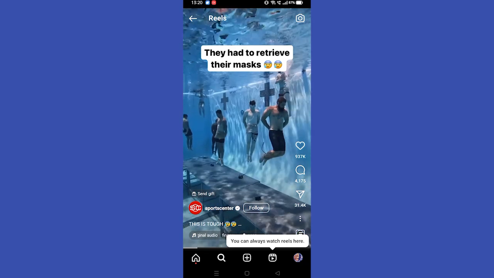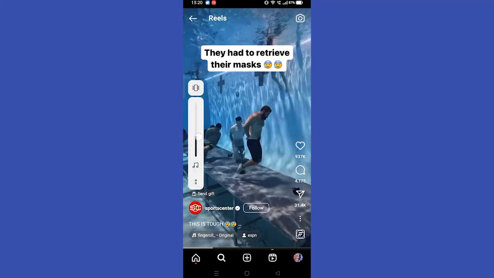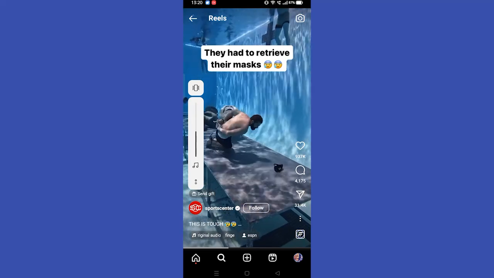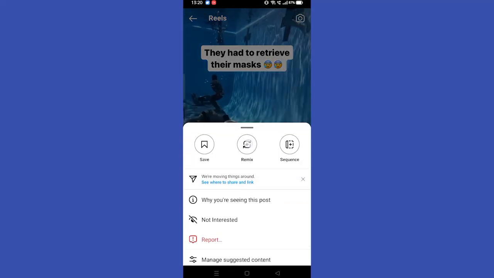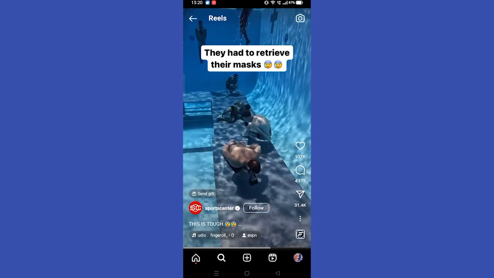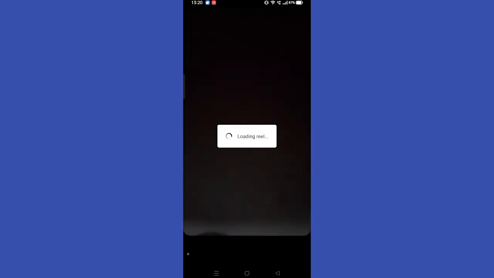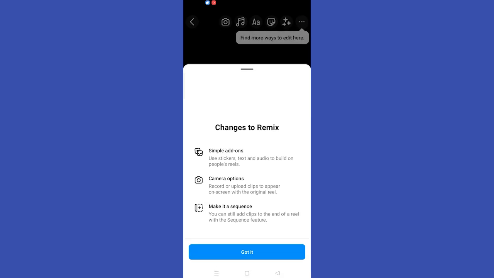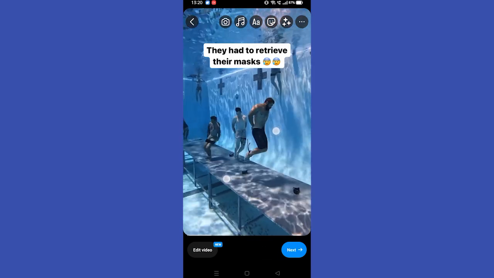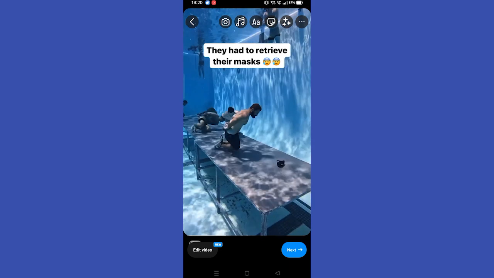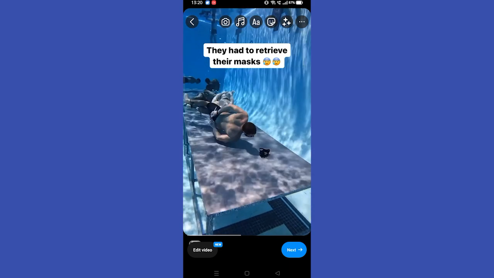So for example, if I want to remix these reels, we'll have to just open the reel and click on the three dots icon and select remix, that is in the middle option. Click on it and it will open up this interface where you can remix your reel. Click on got it, and in order to edit this reel, click on edit video in the bottom left corner,